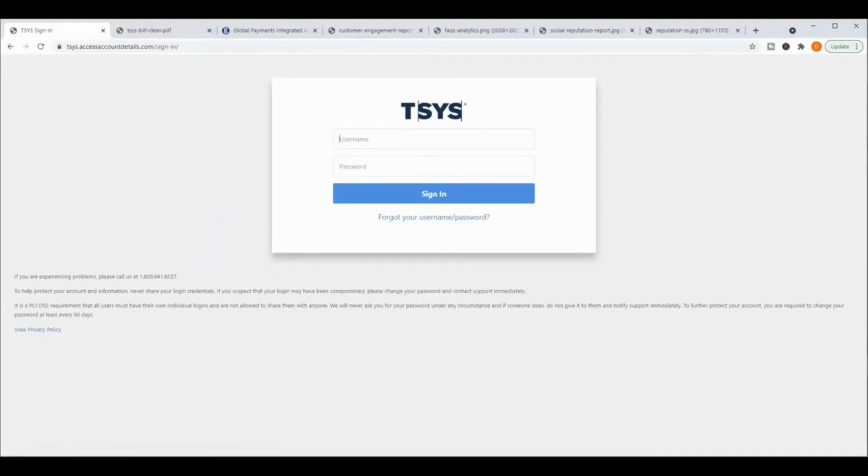As a business owner, I'm sure you accept credit cards. In order to accept credit cards, you use a company known as a merchant services provider. Let me show you how I got billed for something I didn't ask for on my recent invoice from my merchant services provider. When I called TSYS, they let me know that they do not send out email announcements about